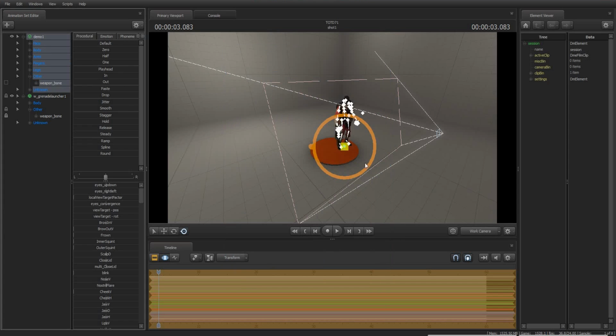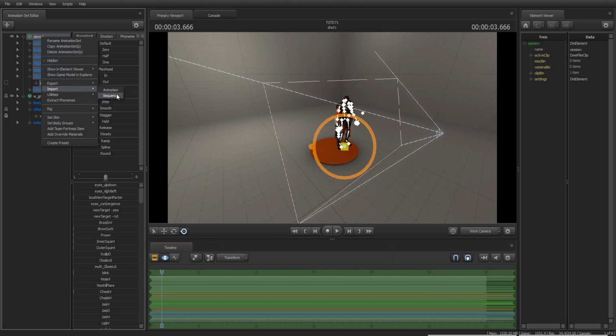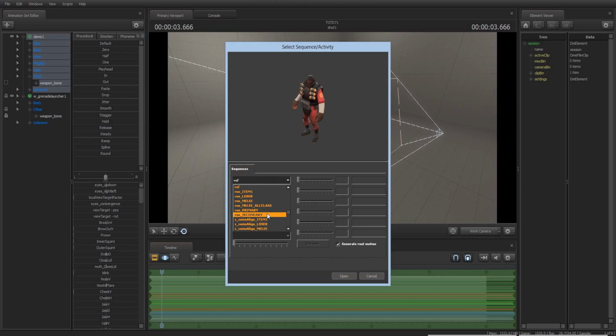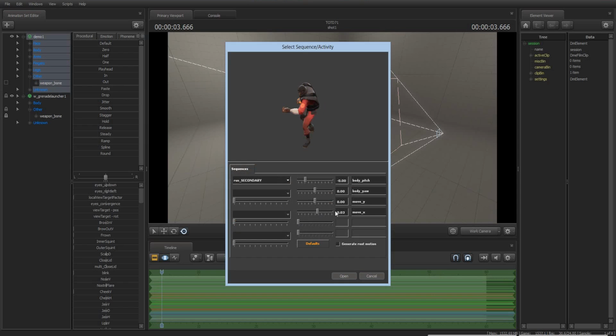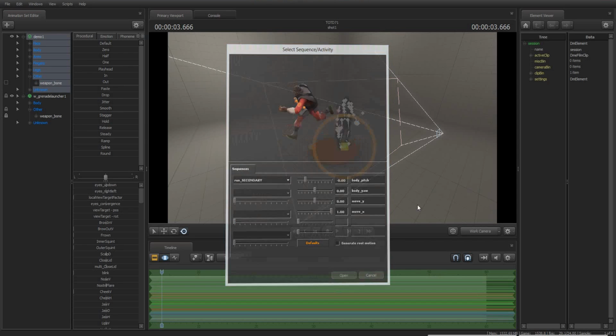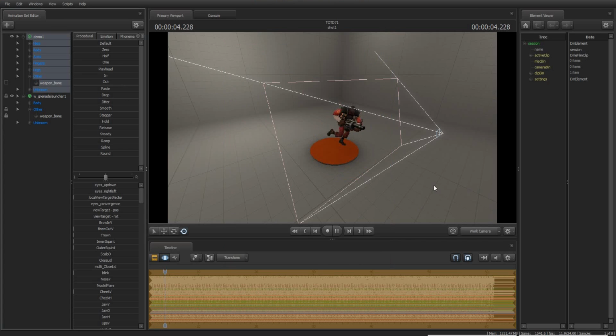Just import the ref sequence. Okay, so now he's just sitting there. Okay, so let's do this one more time. Import sequence, run secondary, and I'm going to uncheck generate root motion, but I'm going to leave him move X on. Okay, now what happens is he's running in place,